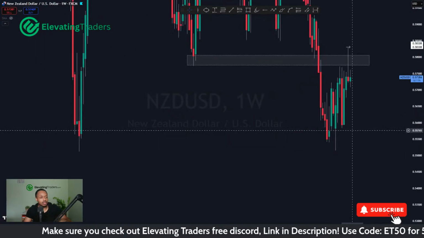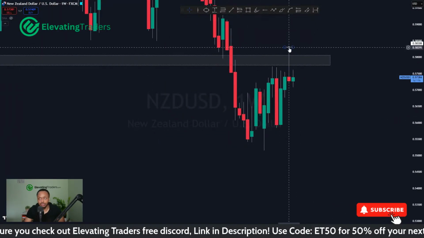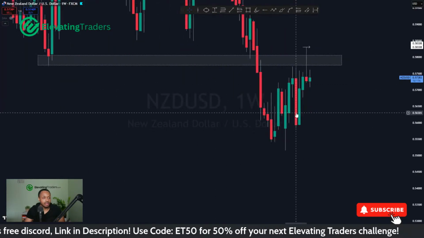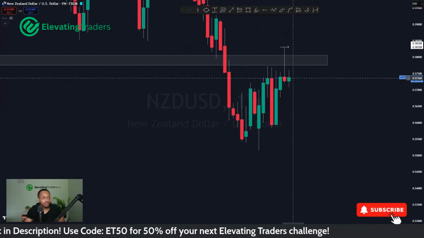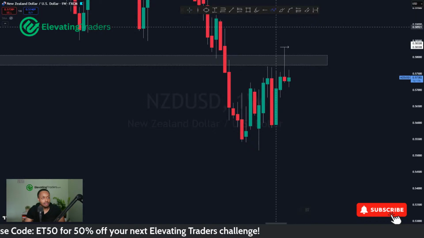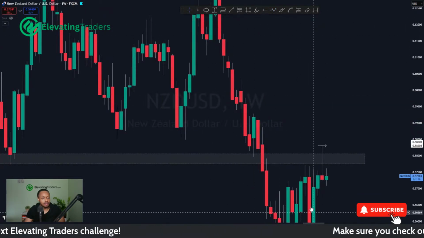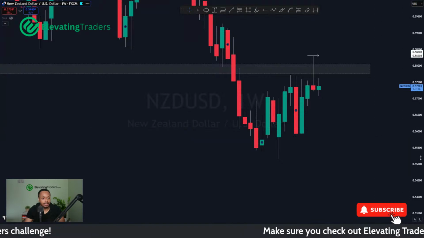You can see in the weekly chart, big piercing wick to the upside last week as well, and a pullback as we aggressively reject that level. So I wouldn't be too surprised if we do roll over in the next coming weeks and see a push right back into support again. Still a lot of momentum to the downside for NZUSD on the higher time frames.